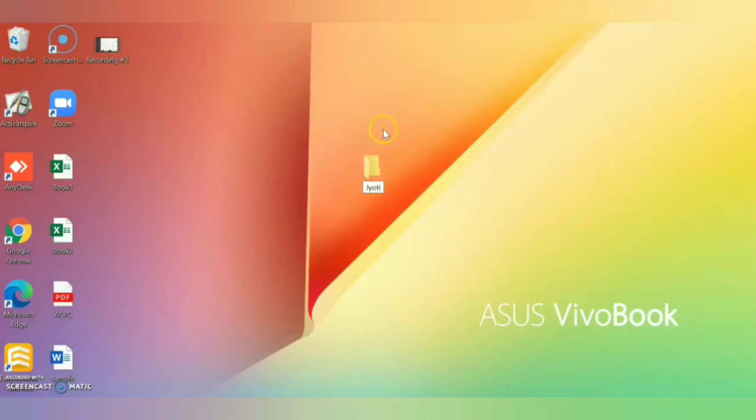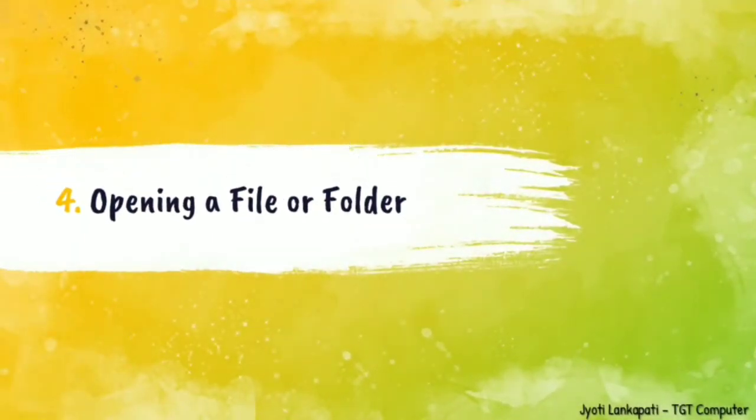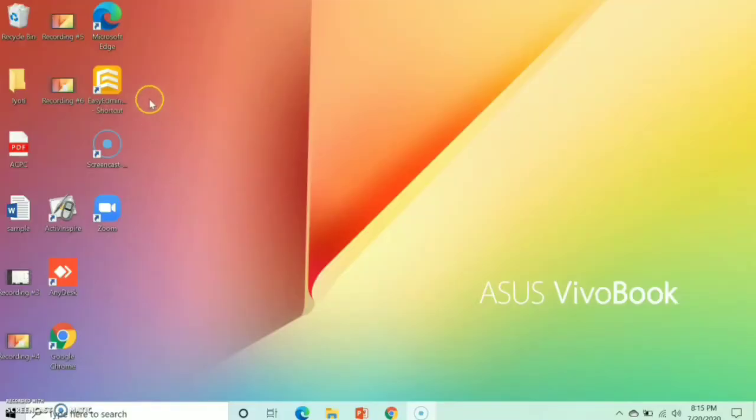So my name folder is created on the desktop. If you want to create your folder, just right click anywhere and there is the option New Folder.